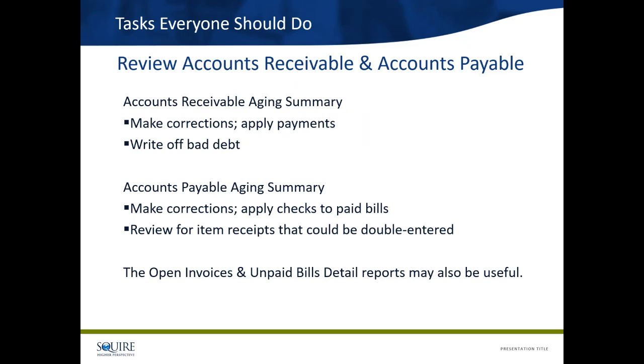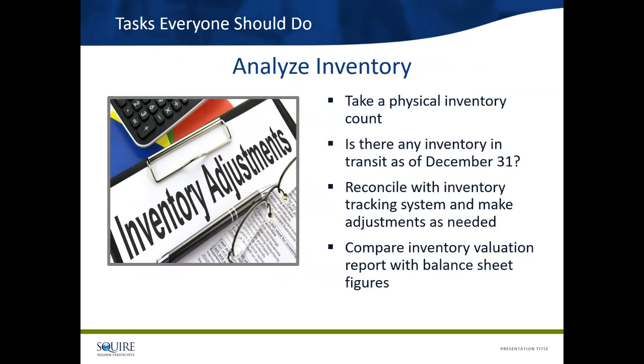Then the next section we want to take a look at is our inventory. If you carry inventory, you are aware and probably in the habit of taking a physical inventory count at the end of the year. If you sell online and you use something like Fulfillment by Amazon, or you have your stuff in a warehouse that someone else is doing the shipping and taking the inventory for you, then this just means they're going to give you that inventory count, and they may have a perpetual inventory and then take an inventory count once a year or once a month, whatever the case may be, whether you're doing the inventory count yourself or